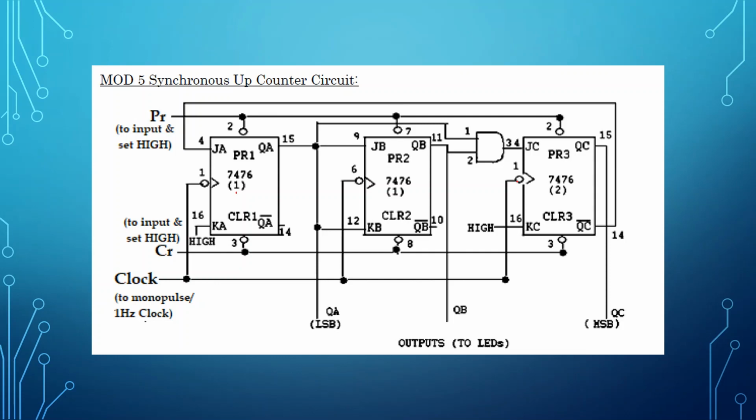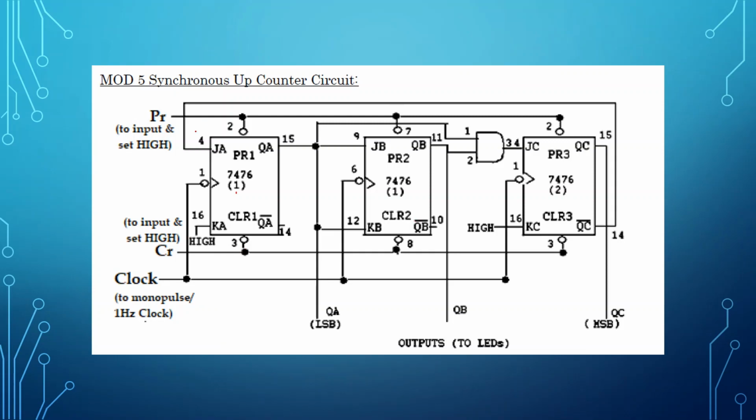Very similarly, preset inputs, pin number 2, pin number 7 and pin number 2, are connected to the preset inputs, and they are to be kept high always. We have already seen this in the experiment of the master slave flip-flop. Also the clear inputs, pin number 3, pin number 8 and pin number 3, are connected to the clear input. So clock, clear and preset inputs are given to the respective pins of the flip-flops directly. Remaining things we'll check out. Okay, fine. Now let's go with the design part.